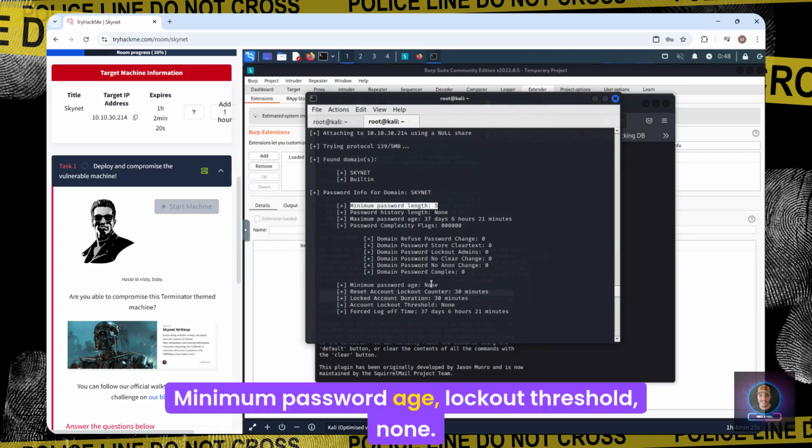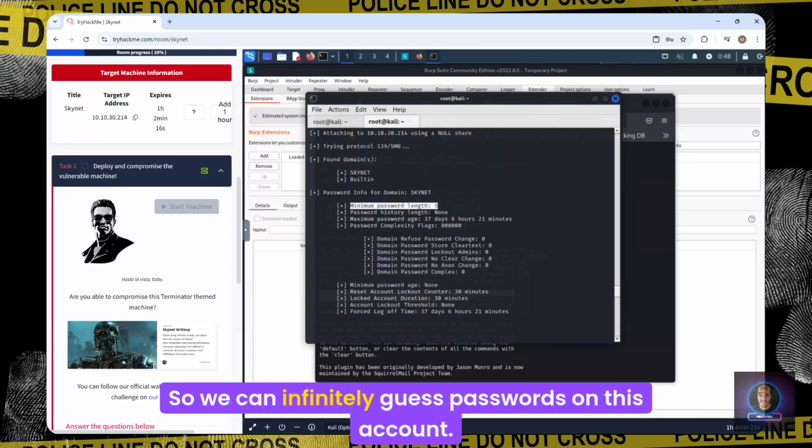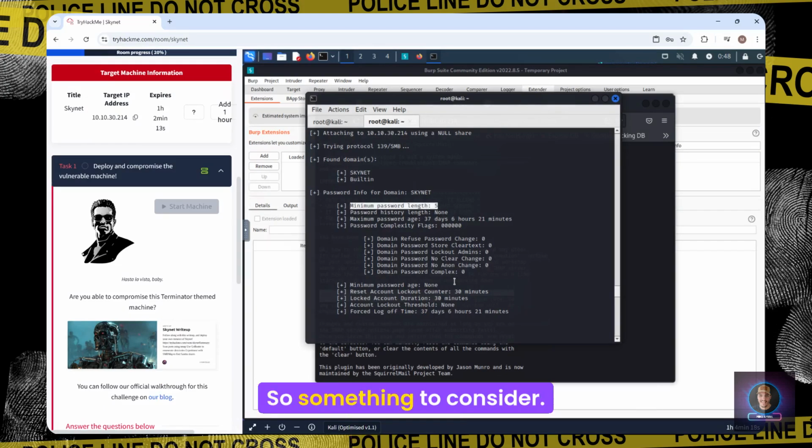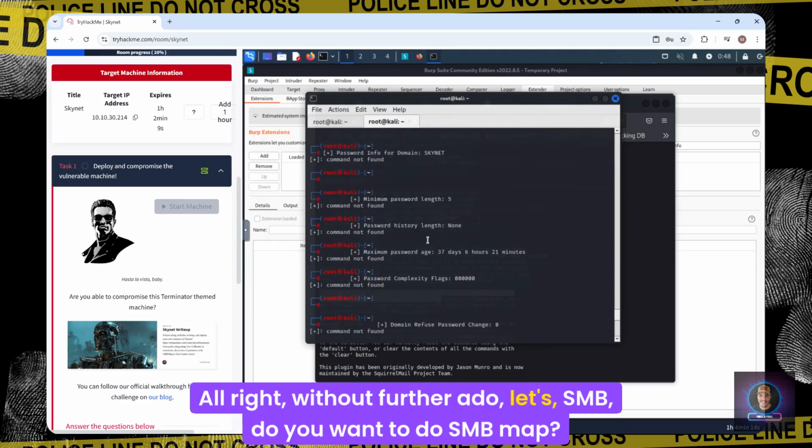Minimum password age, lockout threshold: none. So there is no lockout threshold, which means we can infinitely guess passwords on this account. Something to consider. All right, without further ado, let's